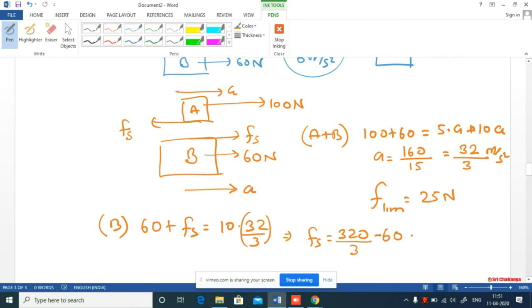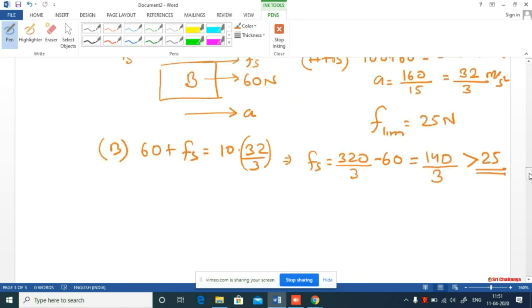So 320 minus 3 times 60, that is 320 minus 180, which is 140, divided by 3. Is it more than 25 Newton or less than 25 Newton? Obviously more than 25 Newton. So now you know that a static friction cannot be more than limiting friction. So it means that our assumption